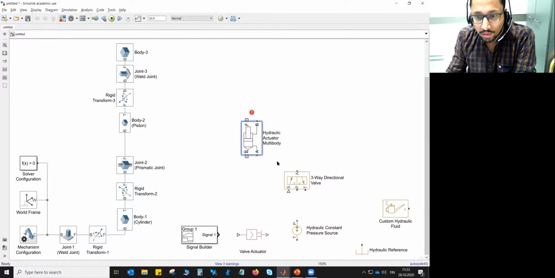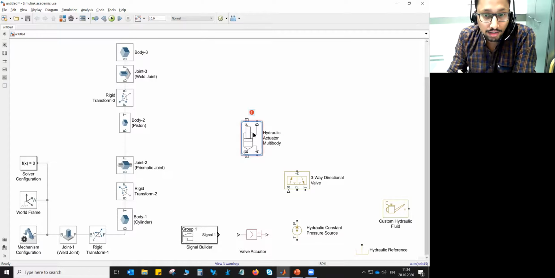Before that, this port A will be connected to the directional control valve port A, and this port B, obviously it's a double acting hydraulic cylinder, but we won't be using the other port. So for that reason, we'll connect this port to the tank, which serves as the best reference. So it will become a single acting. And this base frame and follower frame will be connected parallel to this base frame and follower frame of joint 2, which is a prismatic joint.